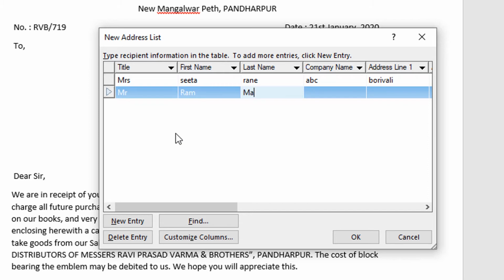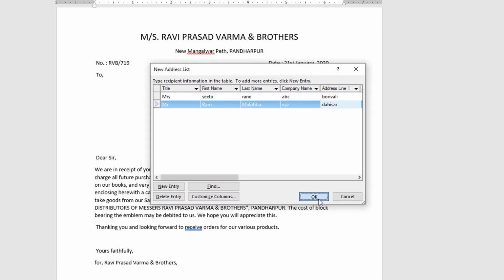Then you can type the data, and once you type, you can save this data, and this will be standard address list. This is useful for companies to send AGM meeting letters, or sometimes many share related information you have to send to your shareholders. In that case, you can create this type of data which will include all shareholder data or shareholder addresses, and you can pick up this file anytime when you want.